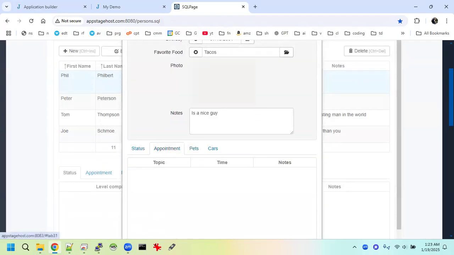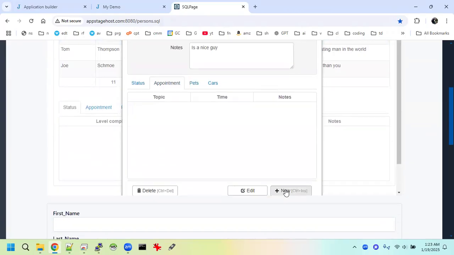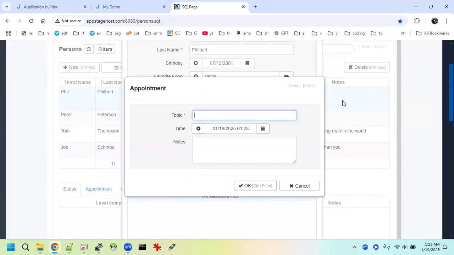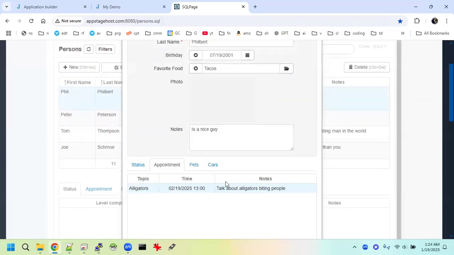And let's say we want to make an appointment with him, and we want to add an appointment time for us to talk about alligators. We want to do that February 19th at, let's say 1 o'clock. No, let's say 13 p.m. Okay. Talk about alligators biting people. Okay, so now we've got an appointment, and we can make another appointment, or we could add more